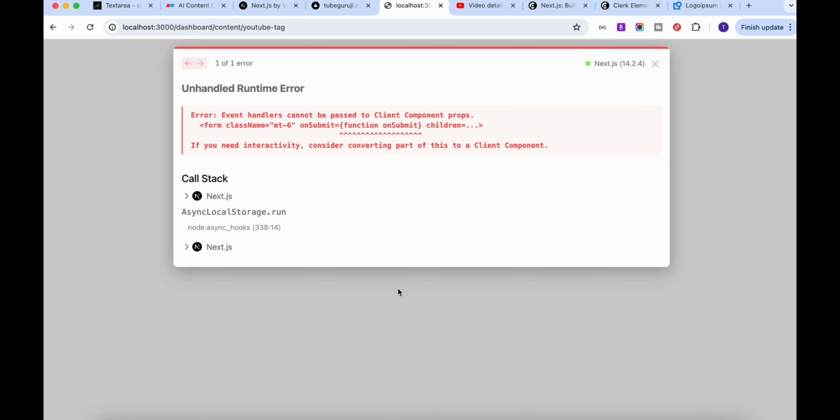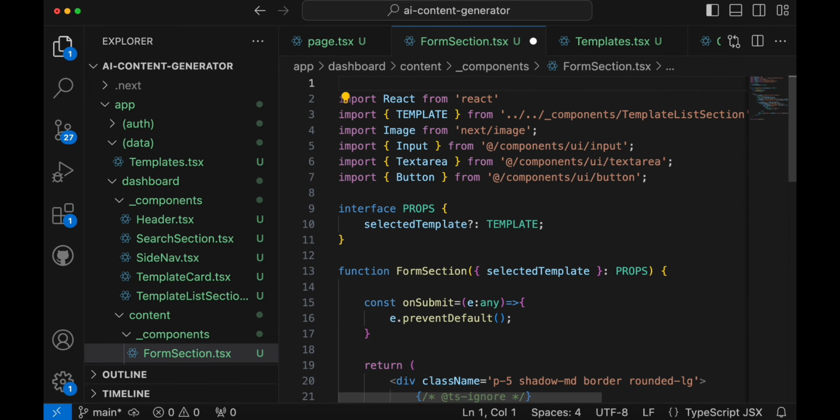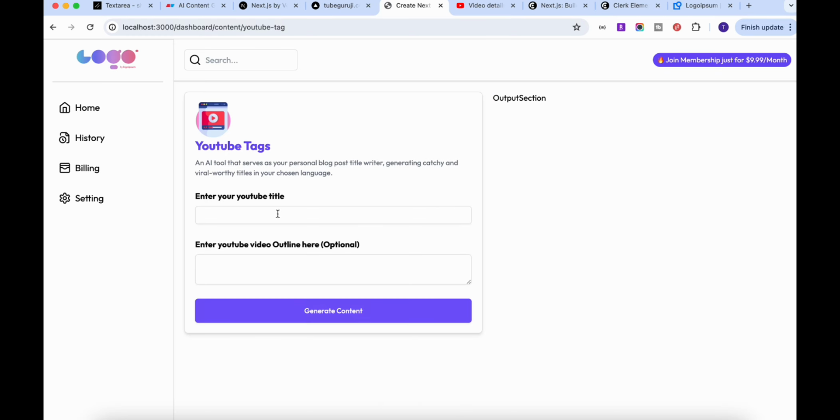Now if I go back, right now we use this function, but we have to make sure our component is on the client side. So mark this component as a client one. So now if you see, we don't have the error anymore. Also quick thing,